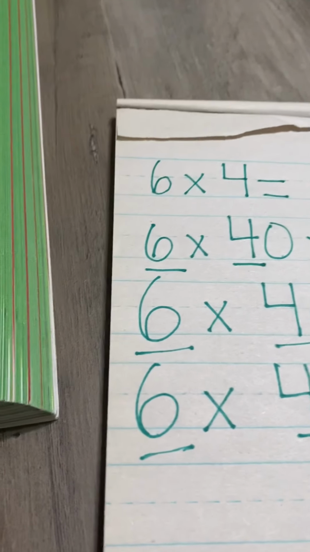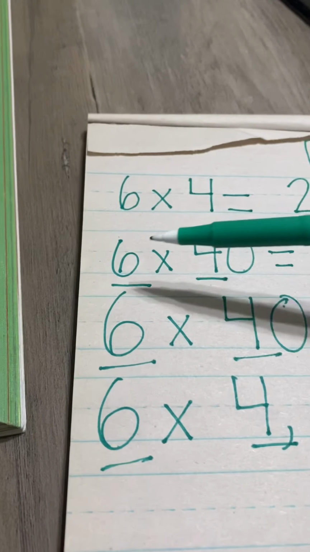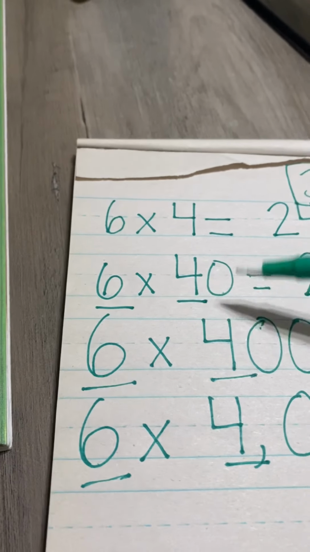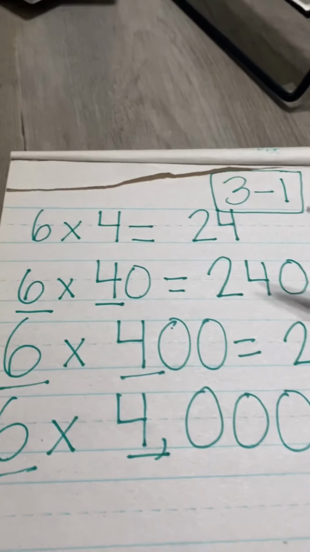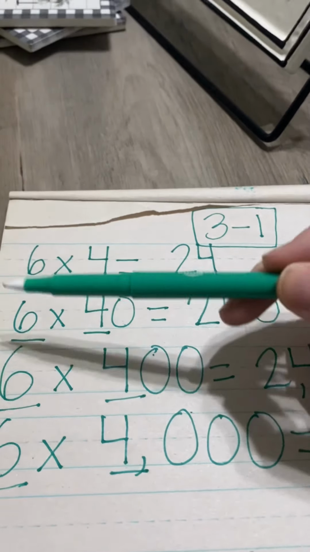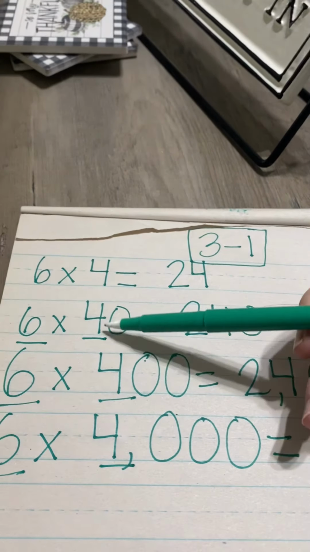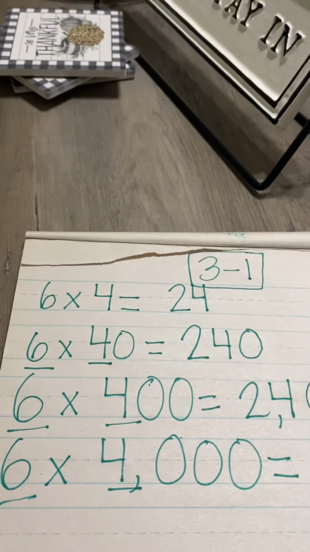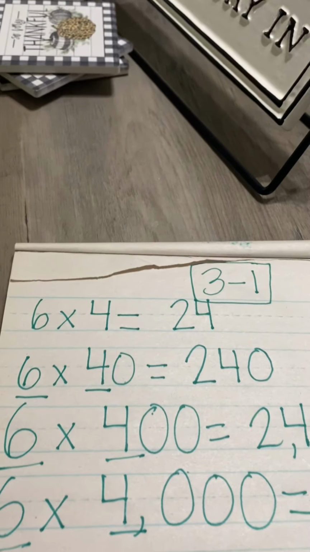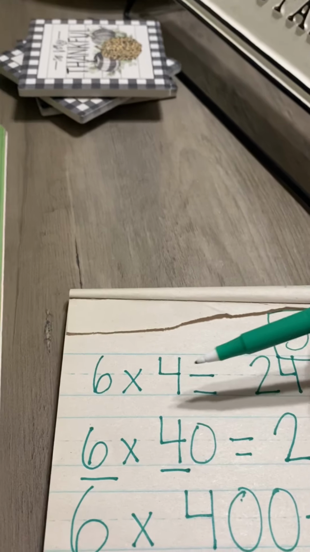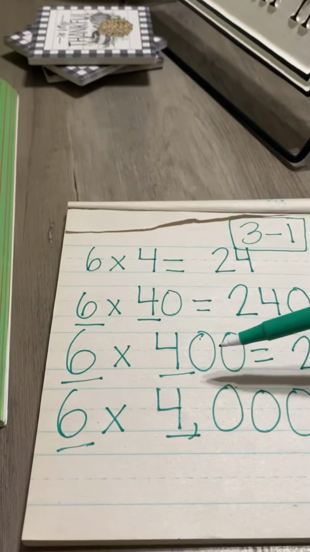So what I want you to notice about this is that it's 6 times 40, but I've underlined what I know. I know what 6 times 4 is. It's 24. Now, 6 times 40 wouldn't be 24, it would be 240. I add a 0. So what I've told my students in the past is the trick with these is to know the answer to the base problem, 6 times 4 being 24, and then as you get bigger and bigger,